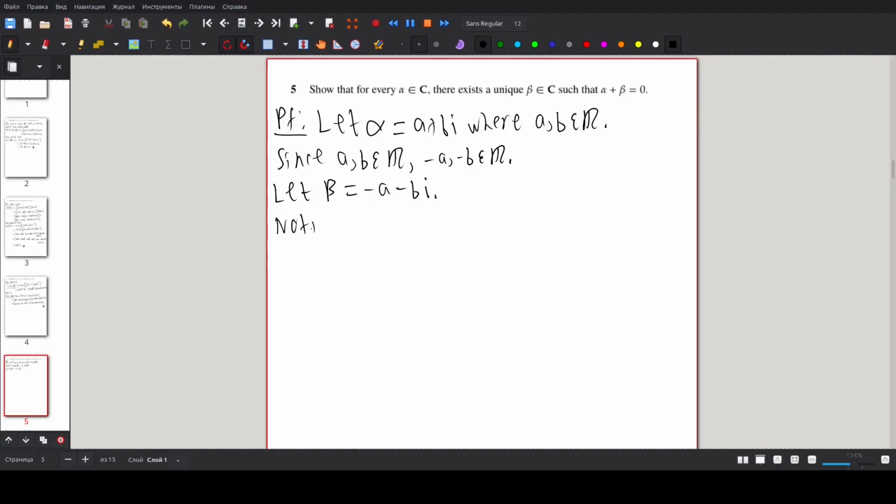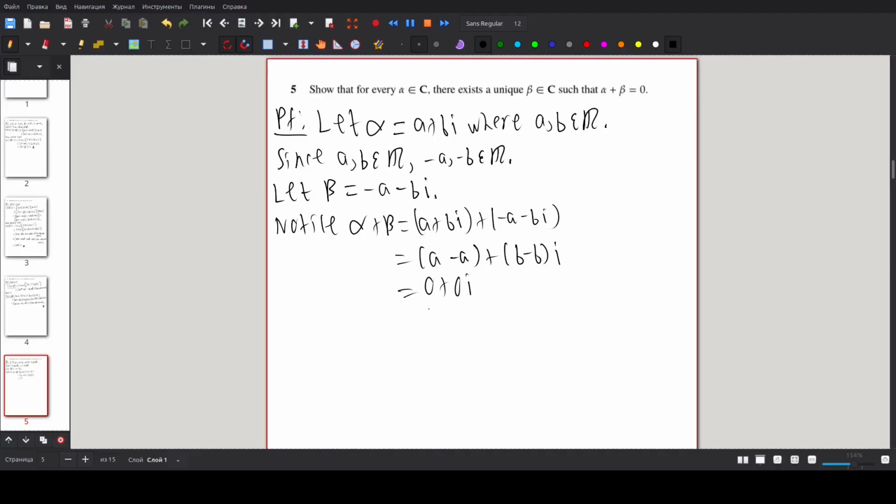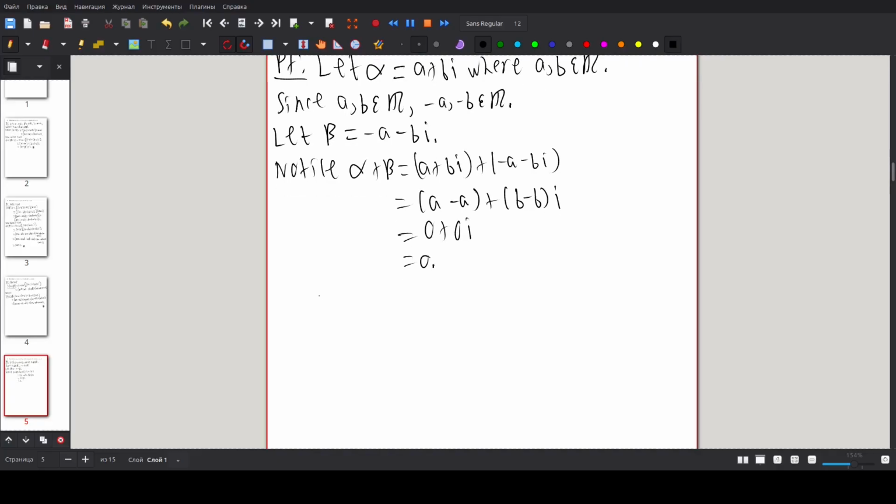So notice alpha plus beta equals a plus bi plus negative a minus bi, which by the definition is going to be a minus a, or plus negative a, but you get it. Okay, plus b minus bi, which is going to go 0 plus 0i, which equals 0. Okay, so beta exists. To show it's unique,